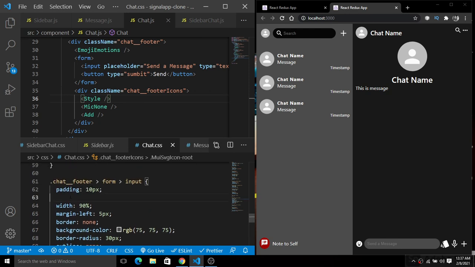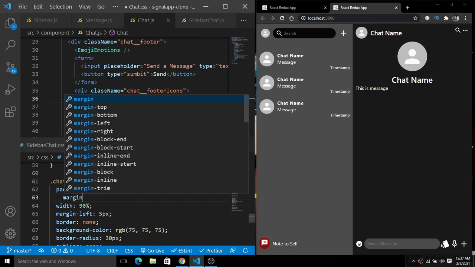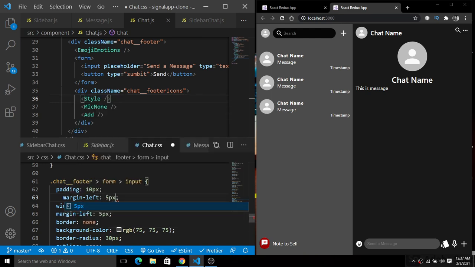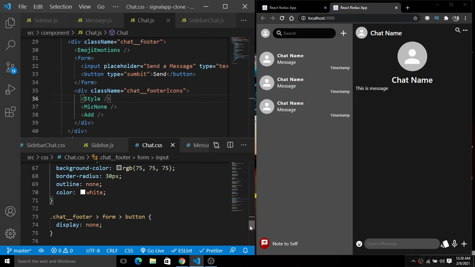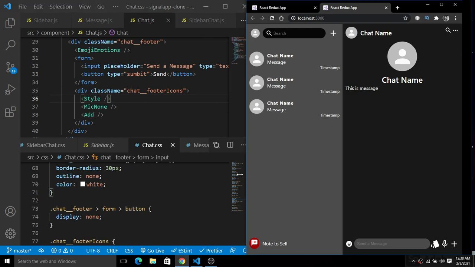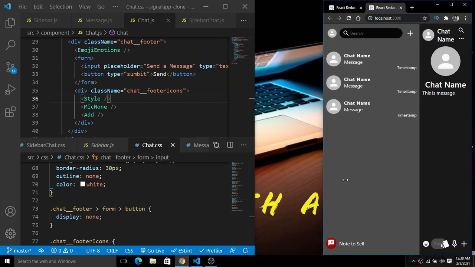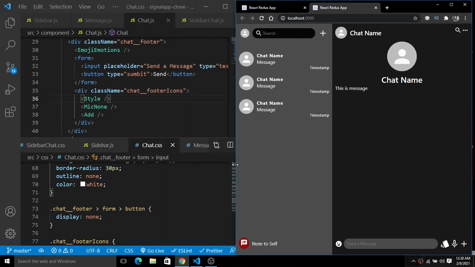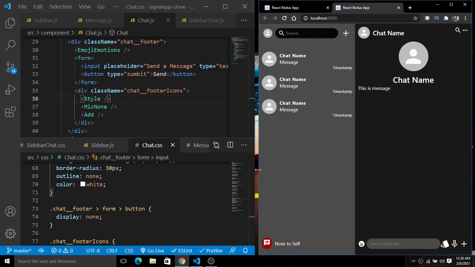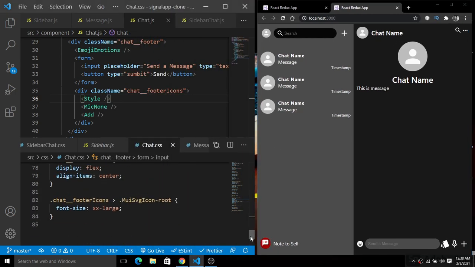So let me give the margin. First of all, give the margin left of 5 pixel. Okay, now save this. Fine, we have given the margin right of 5 pixel. Okay, fine. Next we have these things here. Next we have given the font size of extra large.